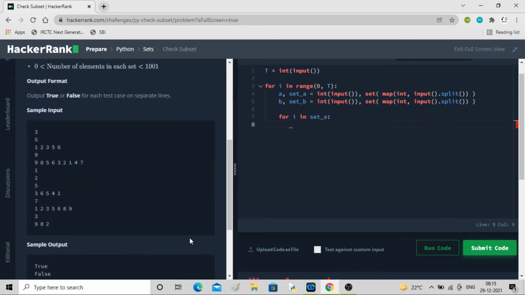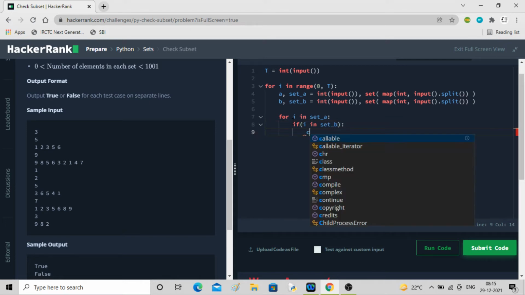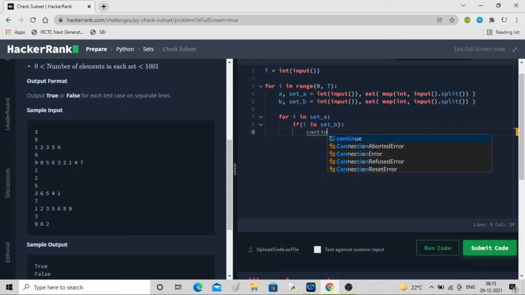Let's say it chooses one first. Then it will check in set B. If I in set B, then we will continue. It won't do anything, meaning it will check for another element.